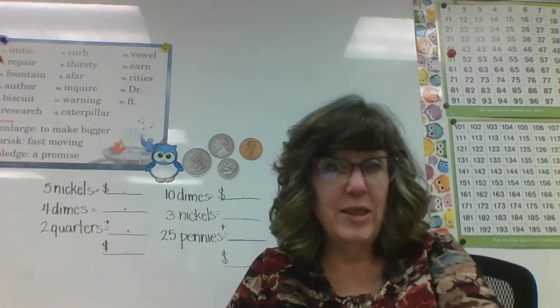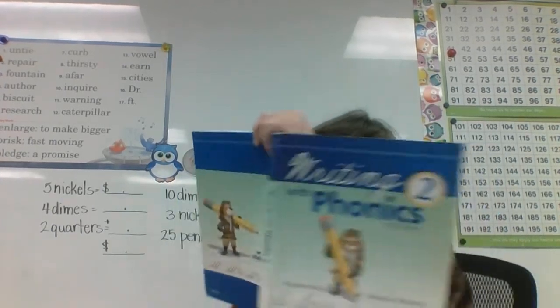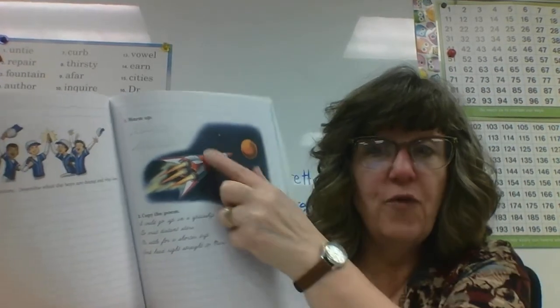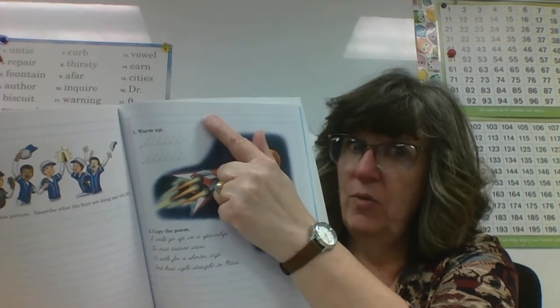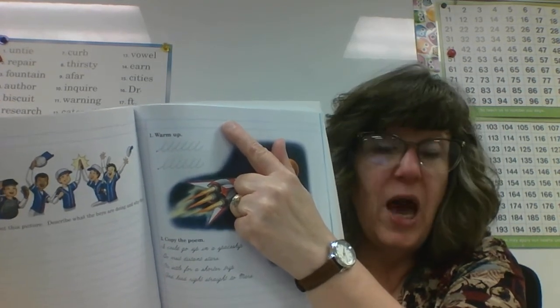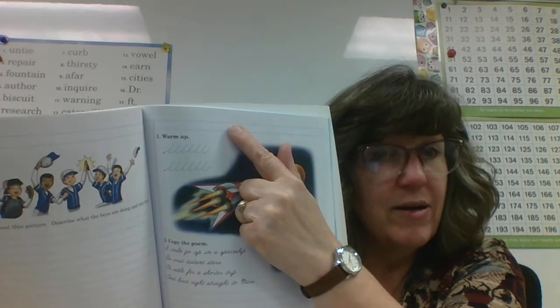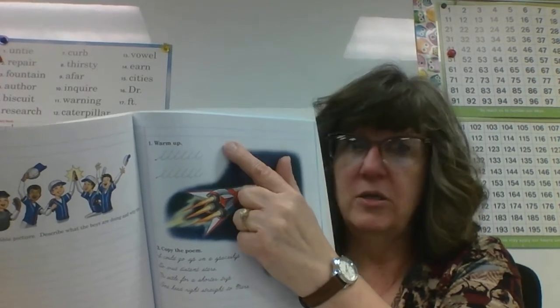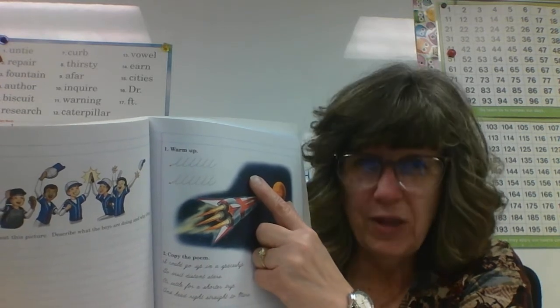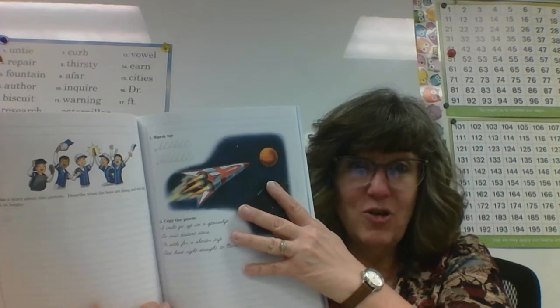Here today, we're on lesson 123, page 123. You are going to write about the rocket. Don't forget to do your warm-up. But first of all, what do I need at the top? I need your name at the top of the paper. I need your name at the top of the paper. Stop right now and look at it. Is it written just like Mrs. Kraft likes it to be written? I hope so. I hope it's nice and neat in that best cursive writing.